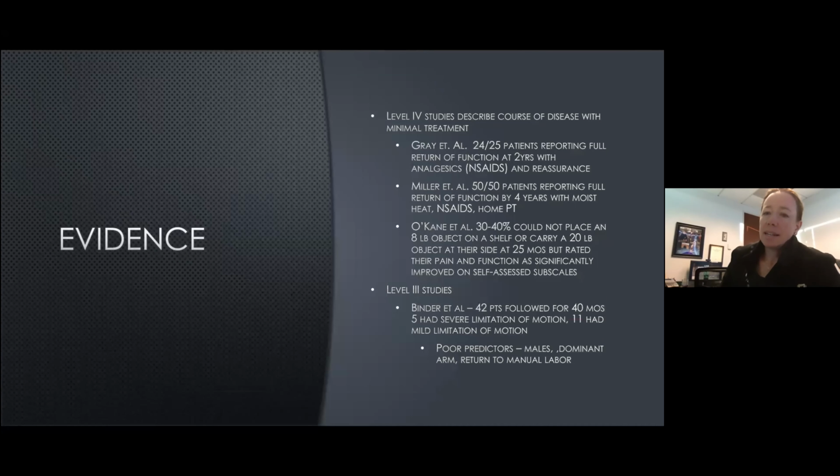There's a lot of studies on this, and a lot of the levels of evidence are fairly anecdotal. In general, most of the studies do point to the fact that if you do little, meaning reassure, anti-inflammatories, they will get better without any intervention. Particularly